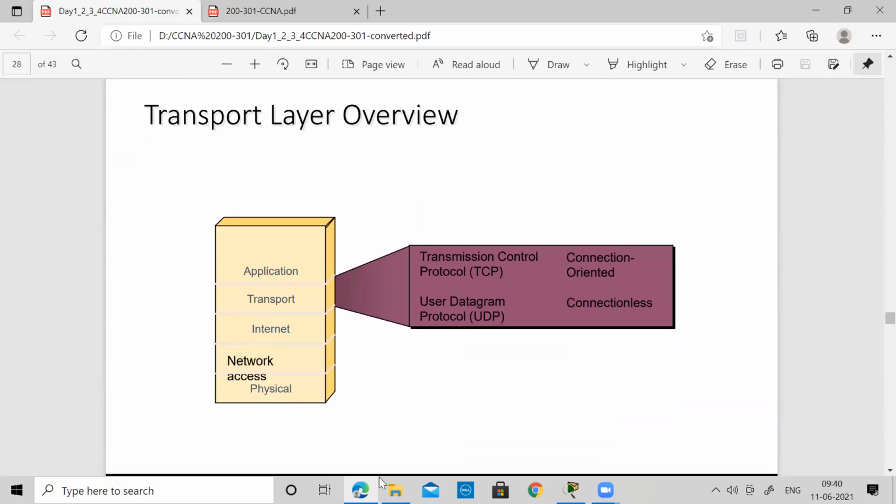A very important difference between TCP and UDP, which we understood in terms of reliability, unreliability, real-time application: we always go with UDP, and with UDP the overhead is very light. That is the advantage. The disadvantage is that it is unreliable. And with TCP, whenever an application layer protocol is associated with TCP, there is always a three-way handshake done first before we transfer the data, and then there is a closing of the connection once the transfer is completely done.